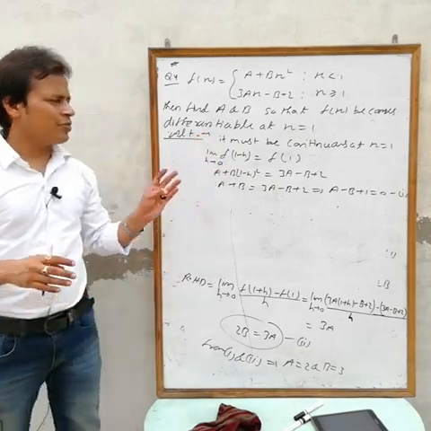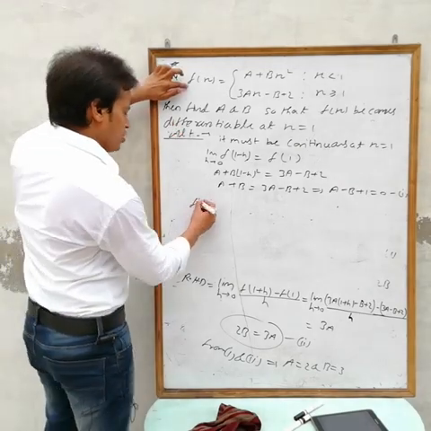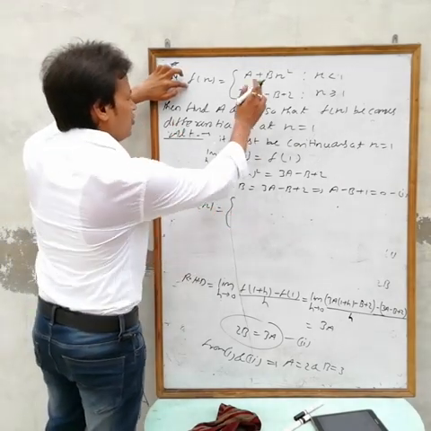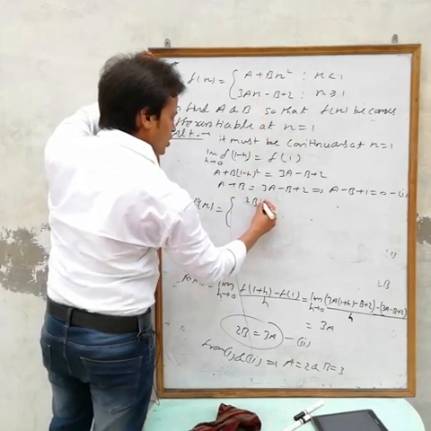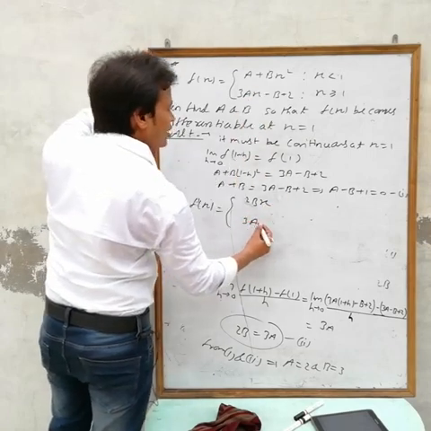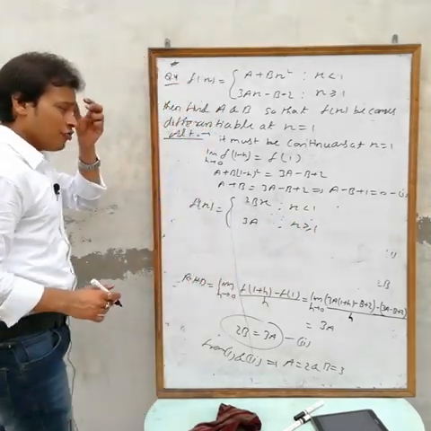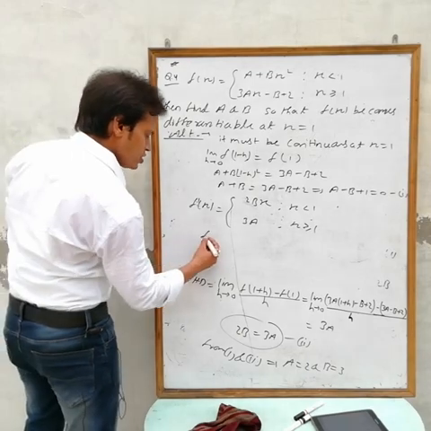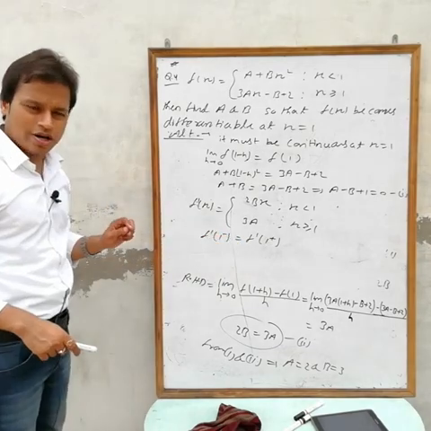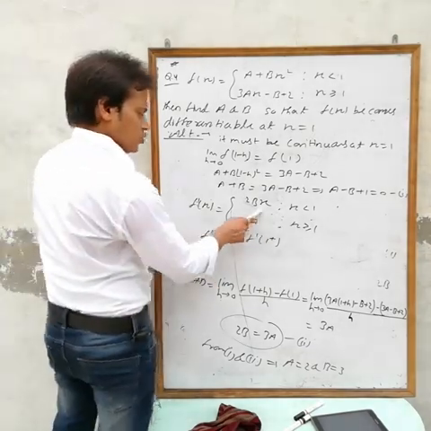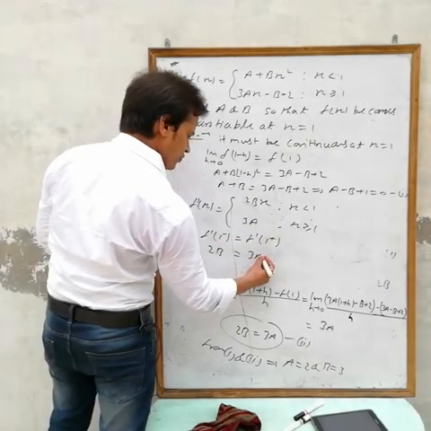Now this is for continuity, but the function is differentiable now, so LHD must be equal to RHD. So differentiate, f dash x. Derivative of a is 0 and this is 2bx, and derivative of this one is 3a. This is when x is less than 1 and this is when x is greater than or equal to 1. Now the function is differentiable at x equals 1, it means f dash 1 minus equals f dash 1 plus. LHD must be equal to RHD. f dash 1 minus, from this one put x equals 1, we get 2b. f dash 1 plus is 3a.